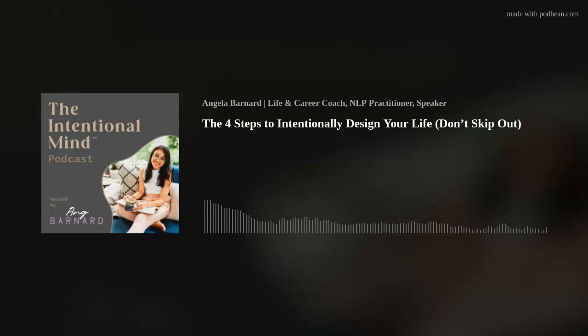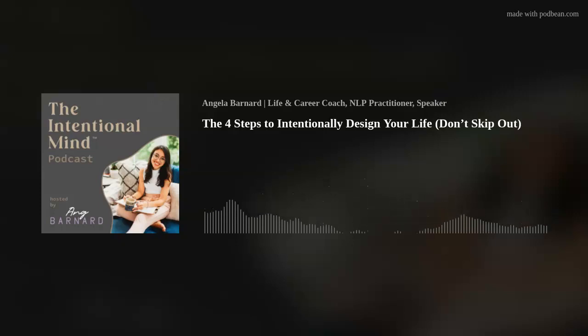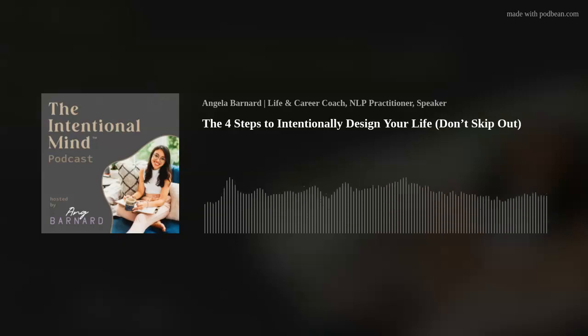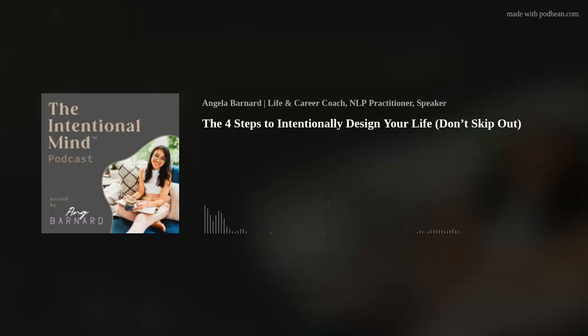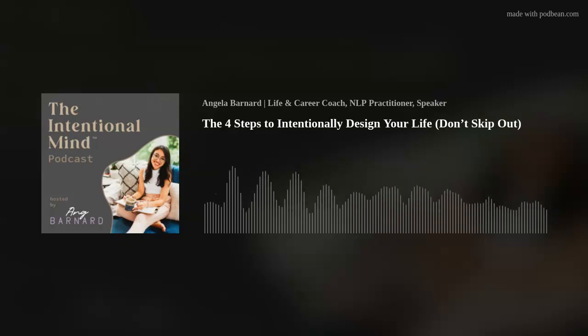So the 4-step process. Step number 1, I already mentioned it, was to have a vision. Clarify your vision. I know if you're listening to the show, you hear me talk about this all the time. And yet, so many of us still really struggle with it, and we won't take the time to sit down and really think about what it is that we want to create in our life. Who do we want to be? And meanwhile, our life is just passing us by. And we're just kind of living this mediocre kind of life when we're meant for so much more. But we're not willing to do the work that it takes to have the life that we are meant to have.